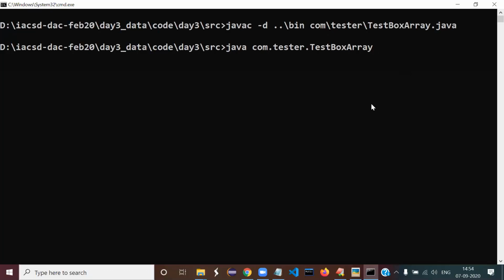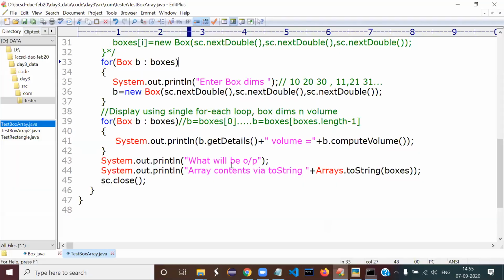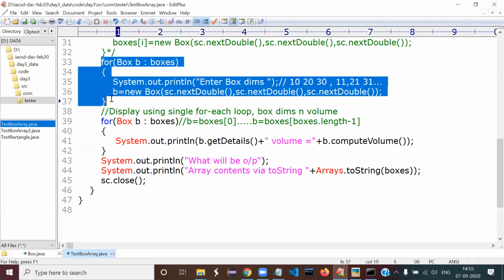Minal, I just now explained it. Are you saying I don't know? Are you getting the compile time error or the runtime error? Don't just say getting error, tell me clearly. Ma'am, please show your screen. Waiting for a complete minute. Catch up fast. I explained just now to Ashutosh. Boxes of i has to be replaced by b.